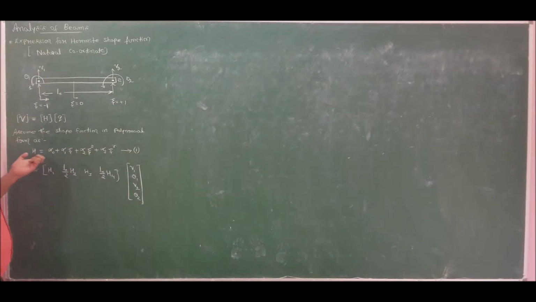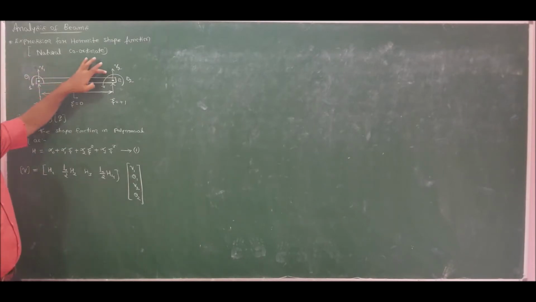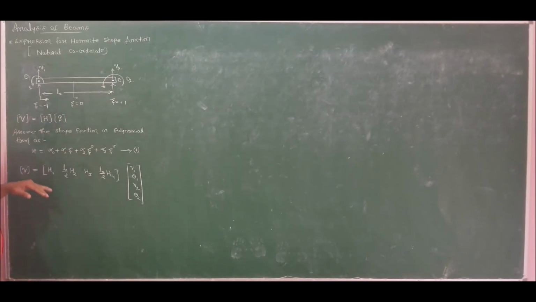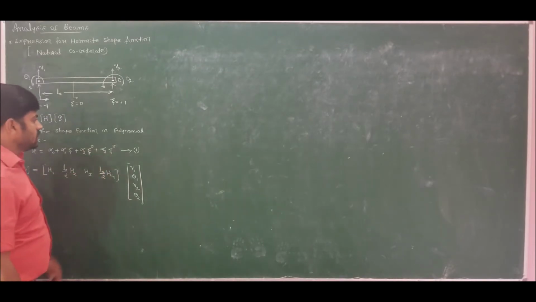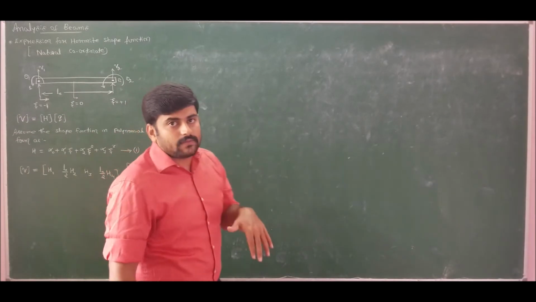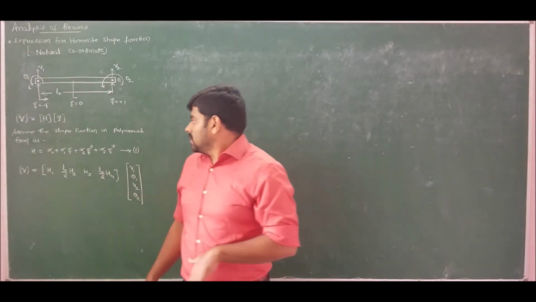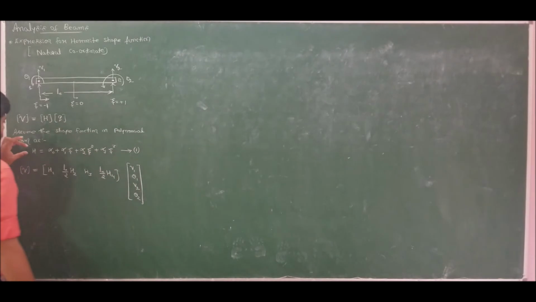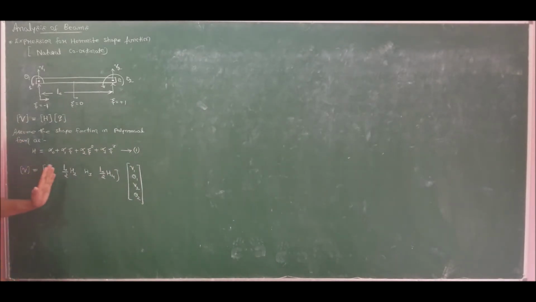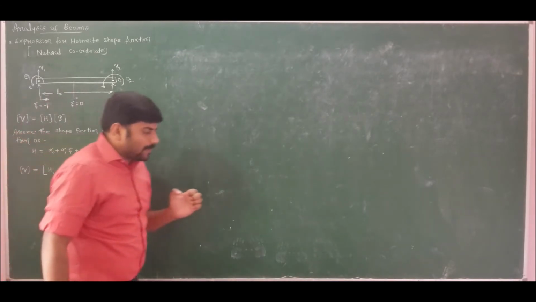Why we are choosing the polynomial equation of degree 3 is because we want 4 constants. Because of 4 quantities, we have 2 degrees of freedom at node 1 and 2 degrees of freedom at node 2. Now I want to find what is the value of h1, h2, h3 and h4, for which we have chosen the polynomial equation of this form to be satisfying the convergence and compatibility criteria. Now, just by substituting the boundary conditions, I can derive h1, h2, h3, h4, and also I should make use of the properties of shape function.